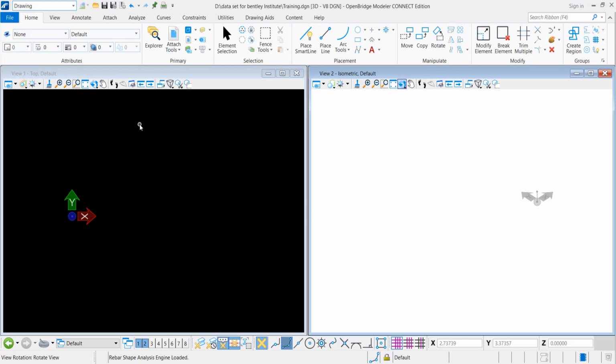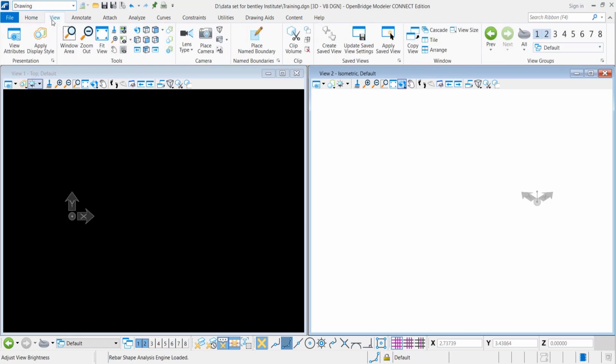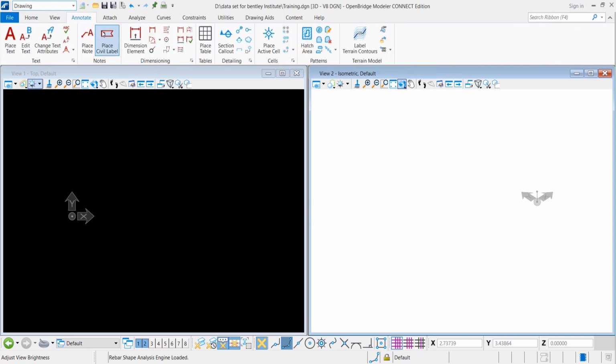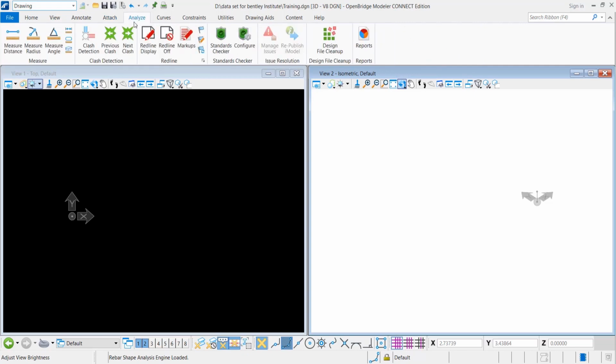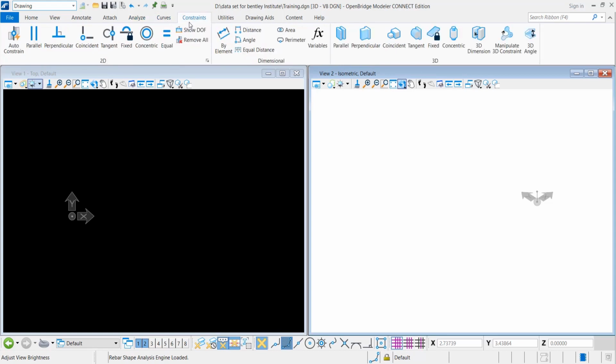Then under the drawing tab, you can see these are the different tools that are available. Under the view tab, different views. Under annotations you can set your scales for different sections, and you can use hatch properties. So that's how different modes are available, and under different modes you can go into different tabs and see what is available here.